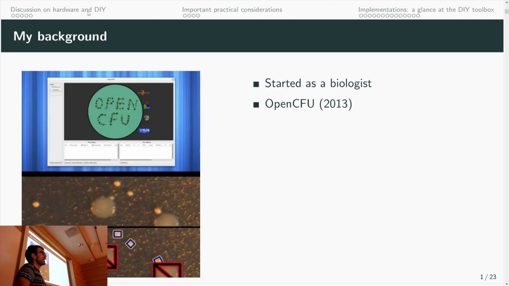So the first time I started playing with images is I was working on insects. This is my background. I studied insect physiology, and I was studying how bacteria evolve whilst they're infecting insects. And in the end of the day, I had to plate a lot of bacteria, and those colonies grow on these agar plates. And back in the days, what my boss told me to do is to sit down and count by hand these hundreds of plates. And it's just something I didn't want to do, so I really instead spent all of the time working on the software that is still used today, OpenCFU, that is a sort of a pre-deep learning type of image processing